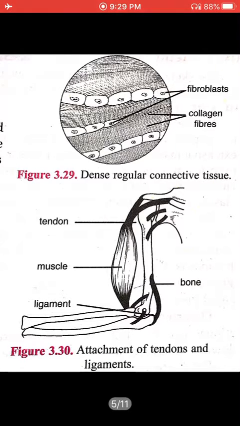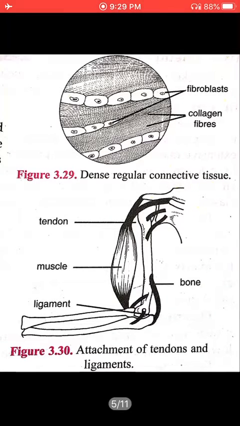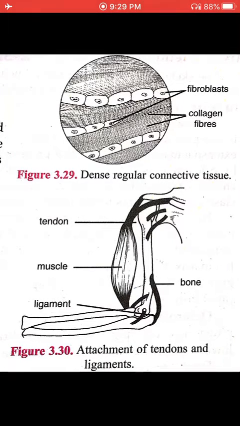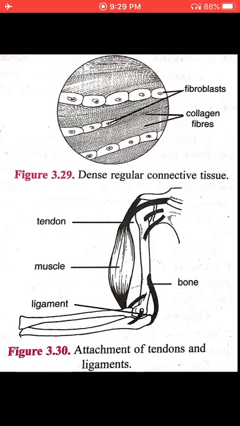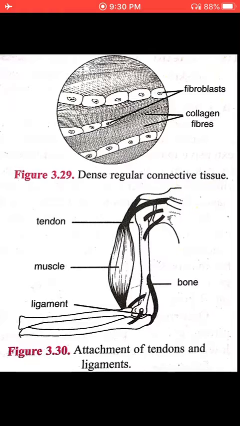So what are tendons and what do they do? Tendons are cord-like, strong, inelastic structures which join skeletal muscles to bone. Basically it is muscle to bone connection. Ligament is an elastic structure which connects bone to bone. So this is the difference between tendon and ligament. Tendon is inelastic, joins muscle to bone and is made up of white fiber, while ligaments are elastic, connect bone to bone and are made up of white as well as yellow fiber.